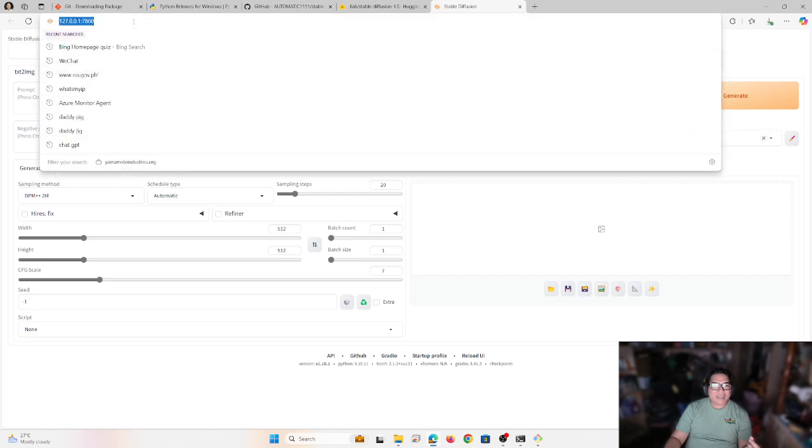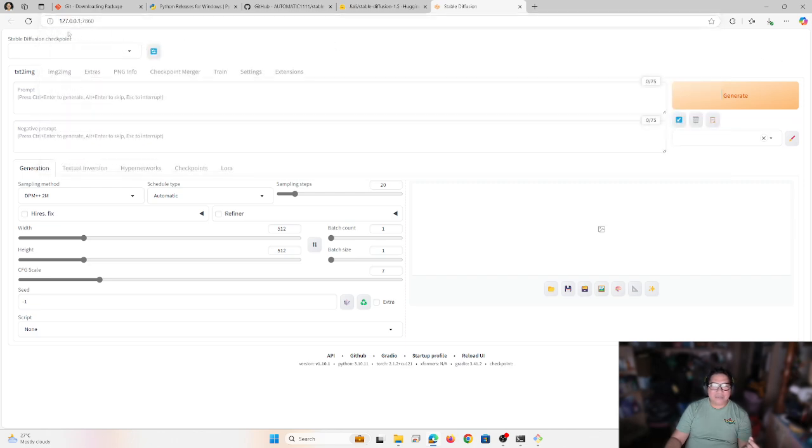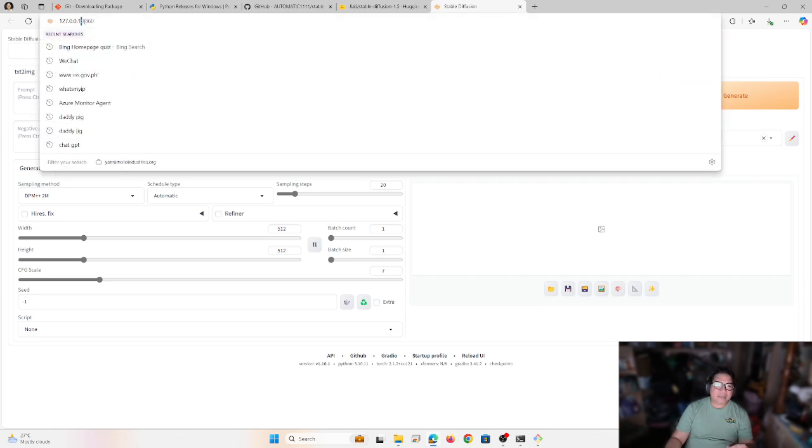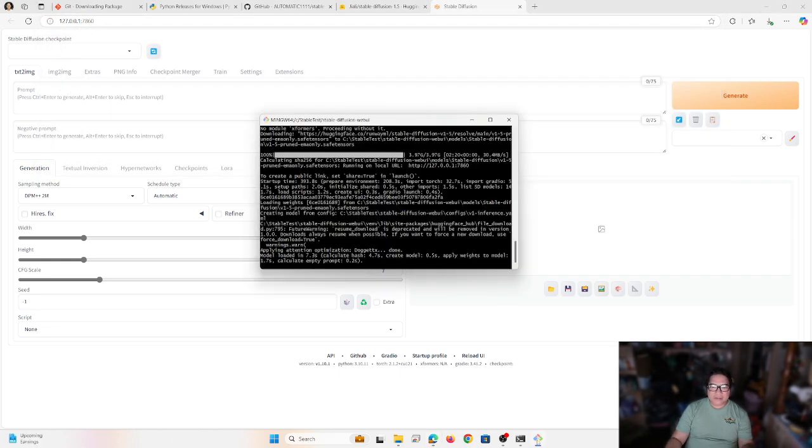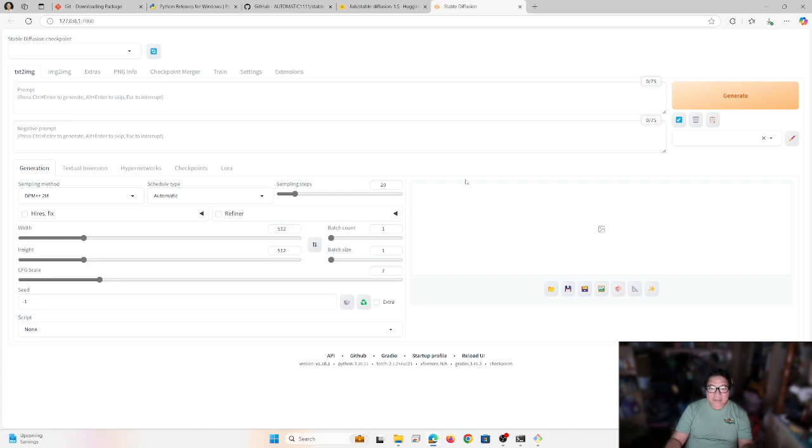Right now it's just running on my localhost, 127.0.0.1:7860. That's the default port for Stable Diffusion. Let's see how my model is.